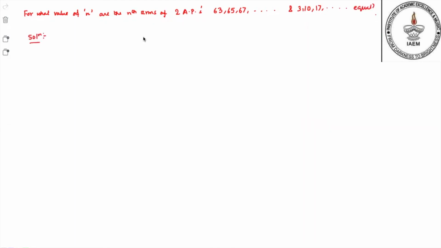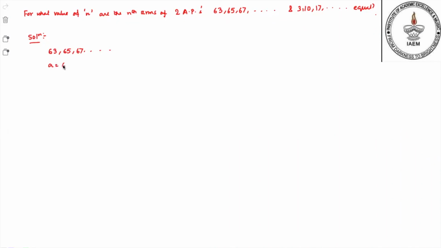So two APs are given. We need to find the value of n for which the nth terms would be equal. In the first AP, which is 63, 65, 67,